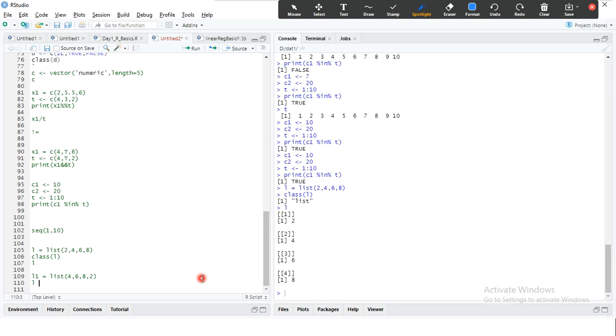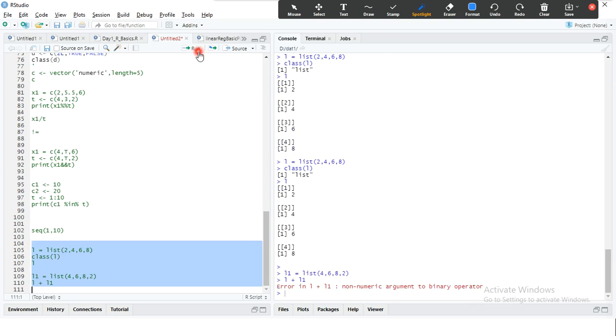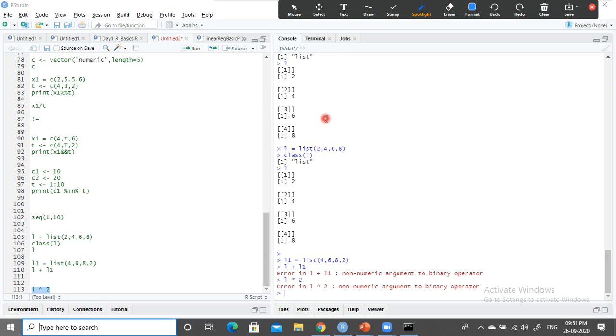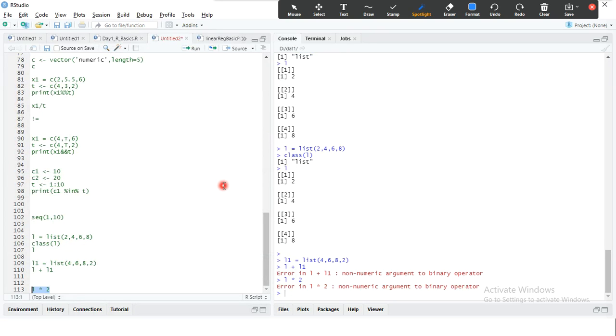Then if I perform L plus L1, it throws an error: non-numeric argument to binary operator. You cannot perform any arithmetic operation. Supposing I want to multiply a scalar value with a list, that is also not possible, but it is possible with a vector. When it comes to a list, it is not possible. It is throwing an error.